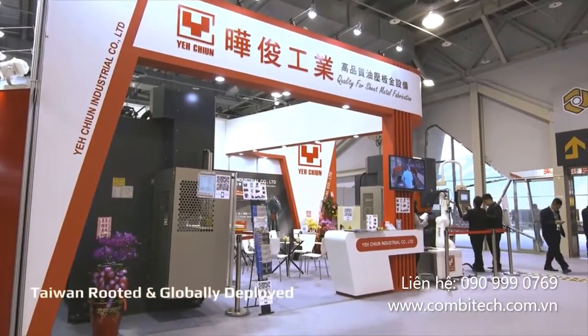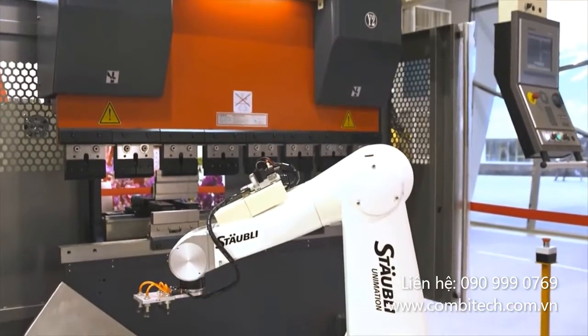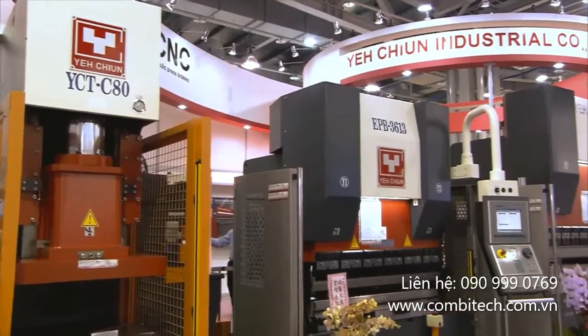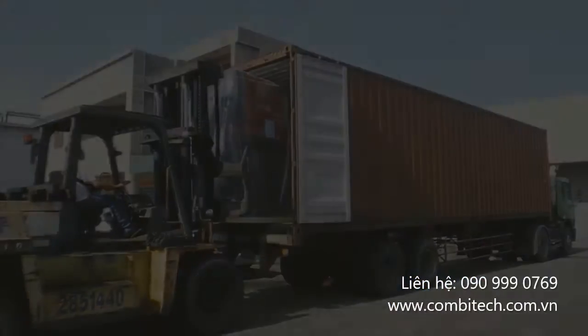With the faith of rooting in Taiwan for global deployment, pursuit of excellence for perfection, Yeh Chiun will focus on and is committed to support for the automation technology and its applications, and continues to provide quality products and reliable services, backed by our amassed techniques and